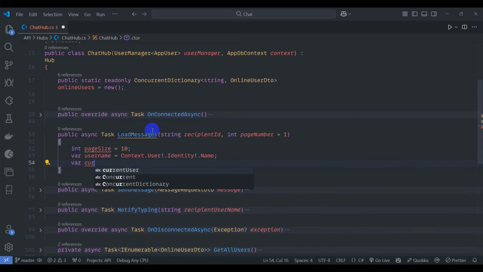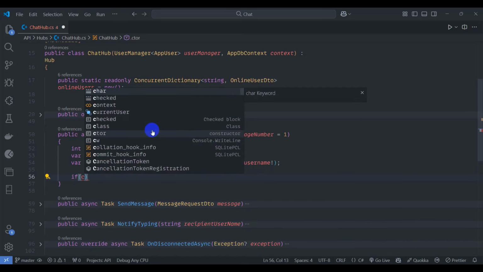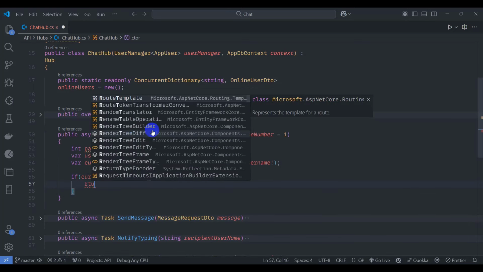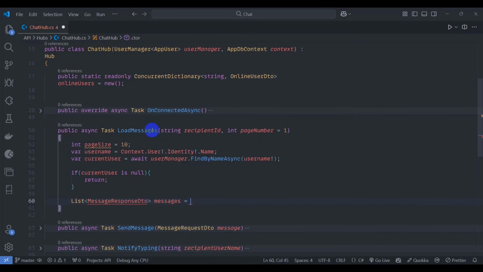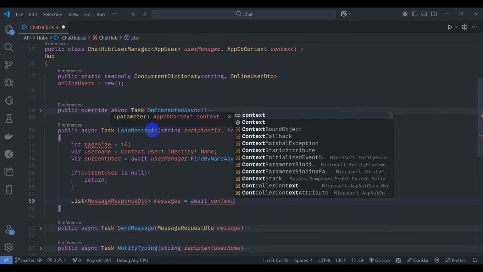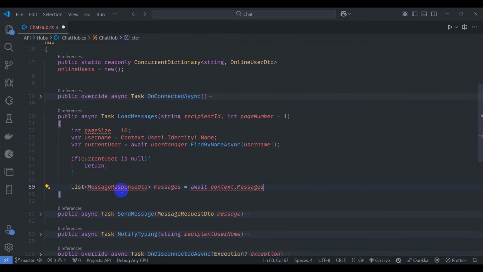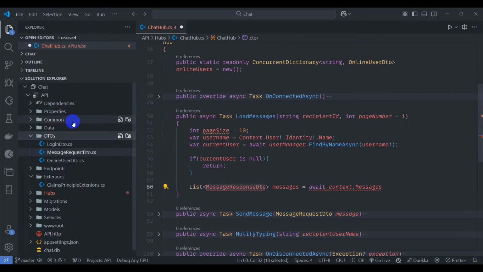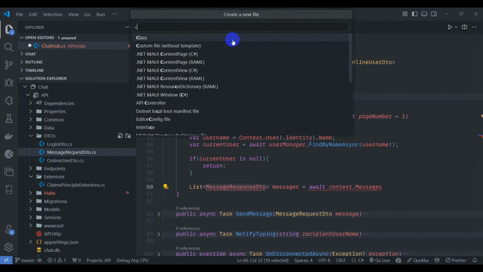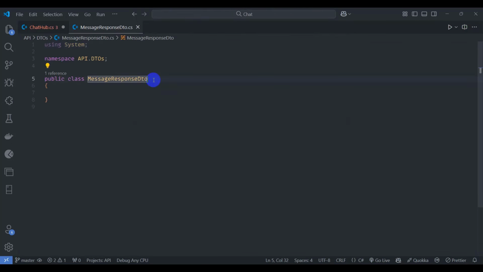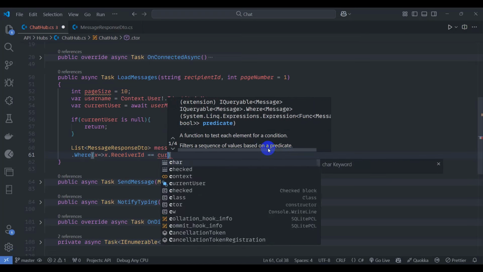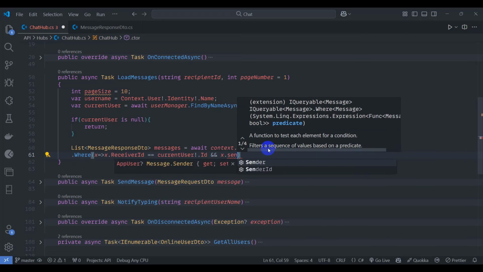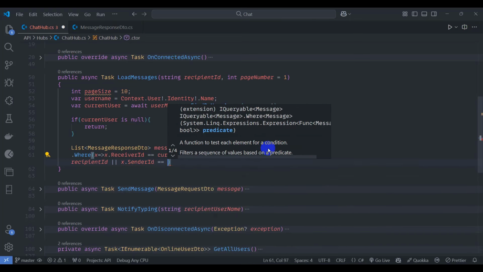Let's get the current user from userManager.FindByNameAsync. Let's pass username and check for current user. If current user is null, then return immediately a list of MessageResponseDetail messages, and let's add here await context.Messages. First of all, let's declare this MessageResponseDetail. Let's inherit from MessageRequestDetail, and let's filter here .Where receiver id is equal to current user id and sender id current user id